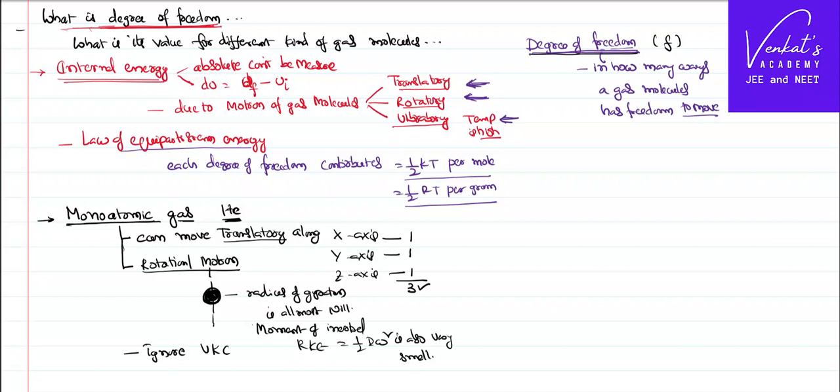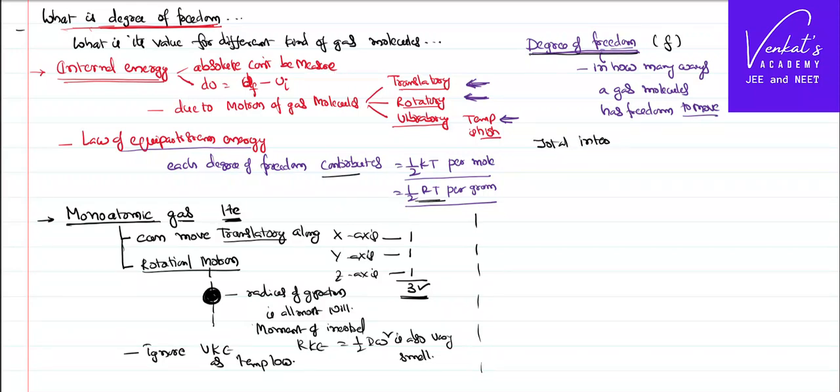vibrational kinetic energy as we are dealing with temperatures that are low. It's not high temperature. So in a nutshell, a monoatomic gas molecule has only 3 degrees of freedom. As we said, each degree of freedom possesses an energy of half RT. So if you combine all that, and if you come to this point, here we can say total